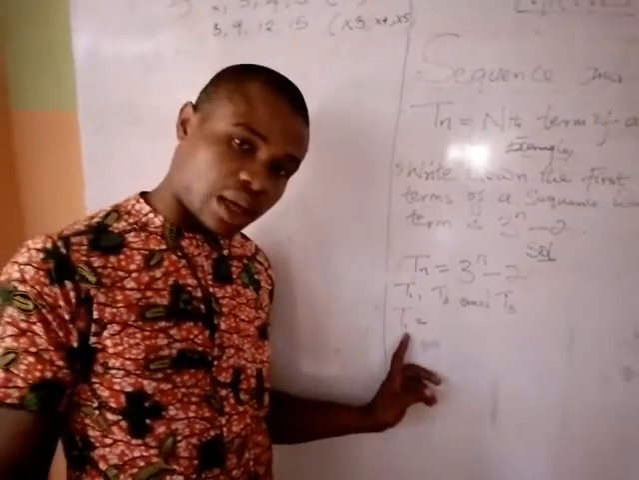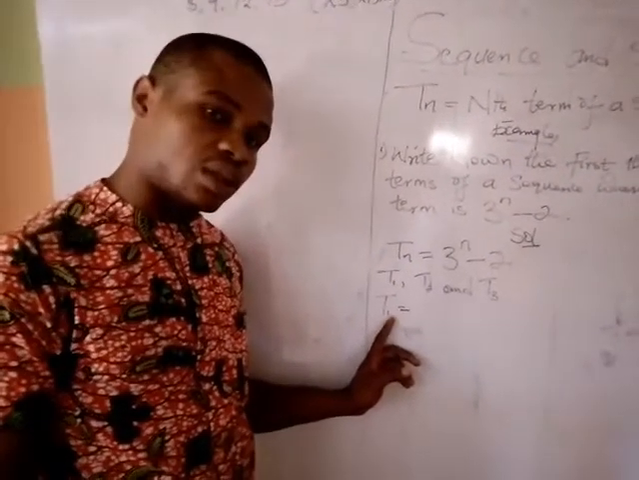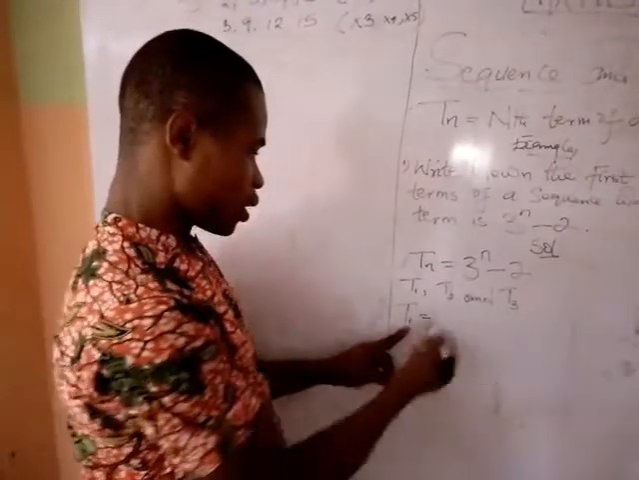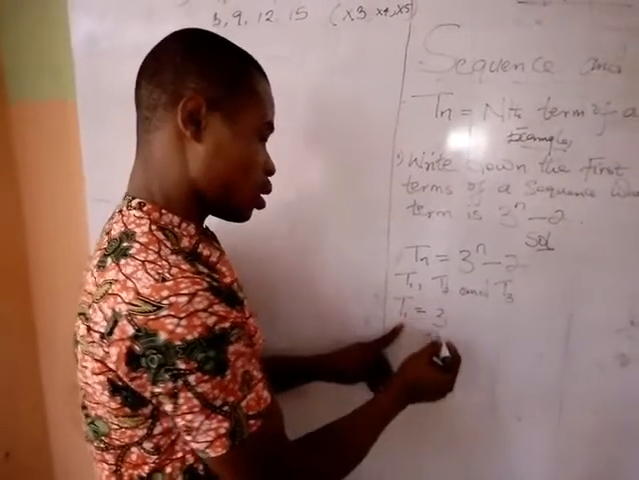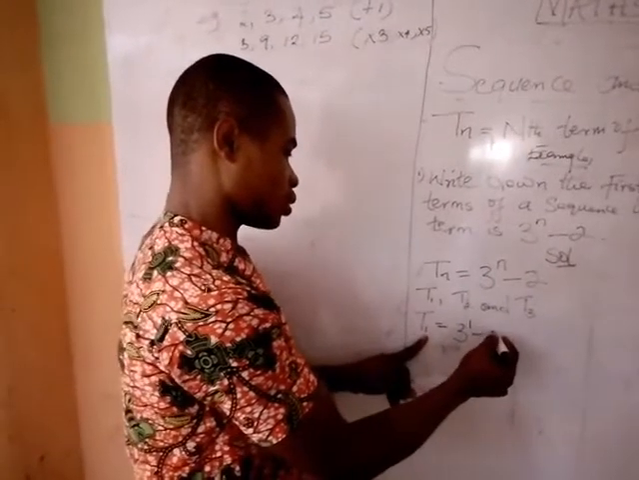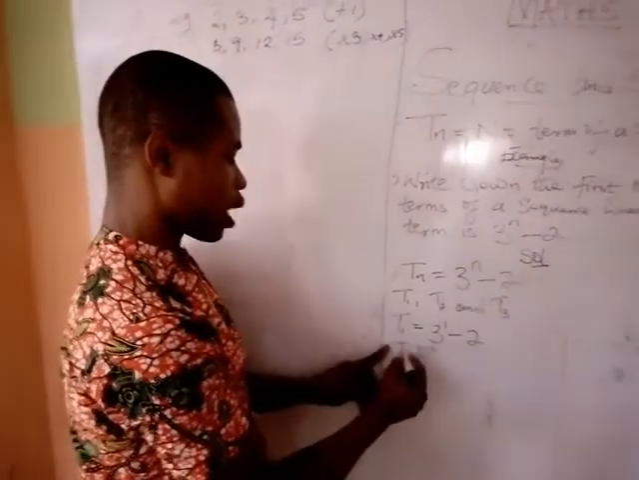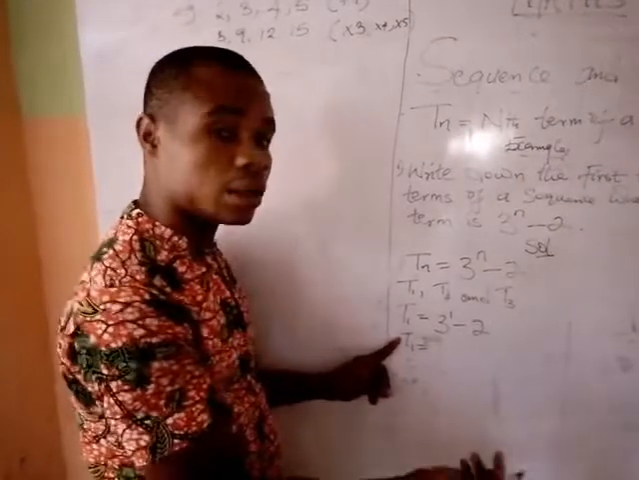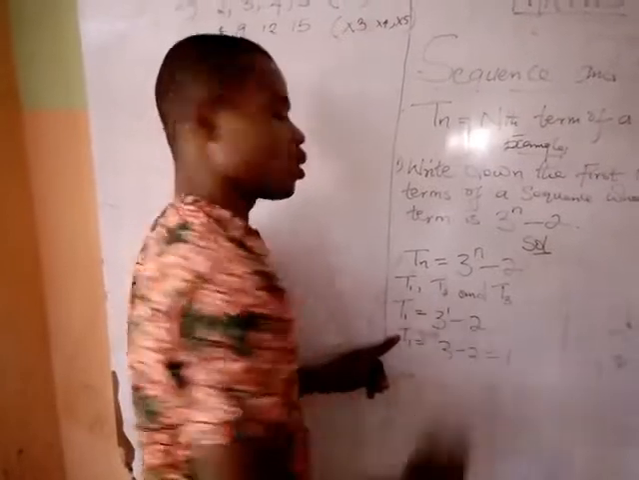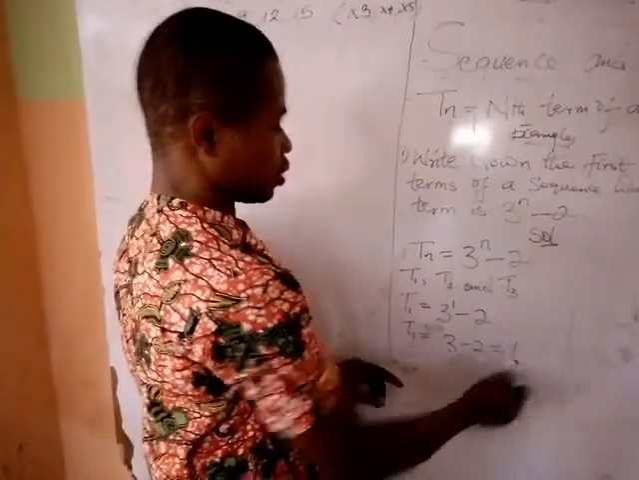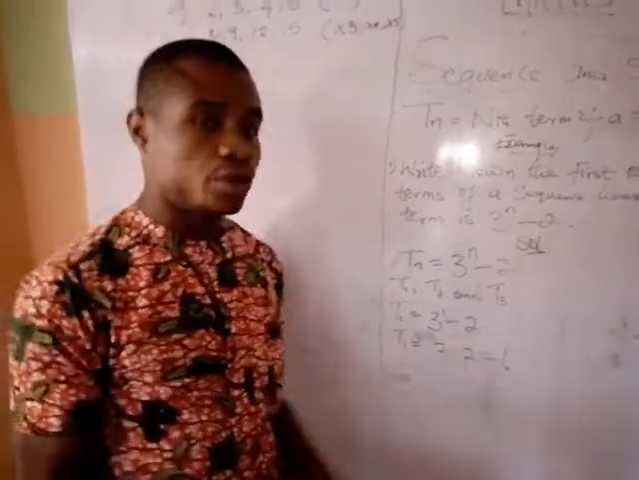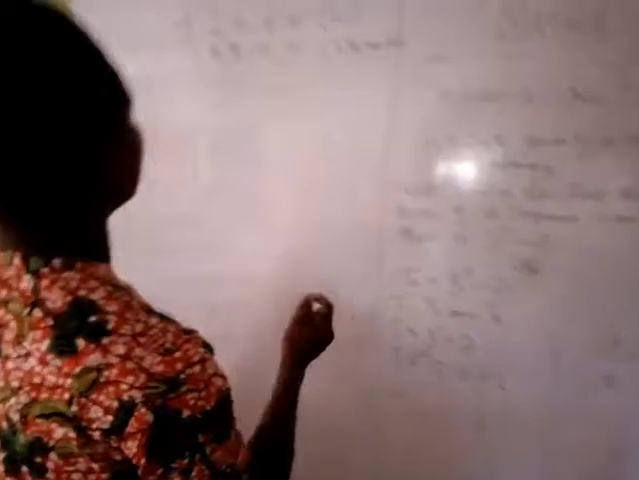If you're finding the first term, 1 here, we substitute, replacing n in the nth term of the sequence. So T1 here will be 3 raised to power 1 minus 2. So T1 will be equal to 3 raised to power 1 is 3. And 3 minus 2 will give us 1. So this serves as my first term of the sequence. What about the second term of the sequence? T2. Using the same approach,